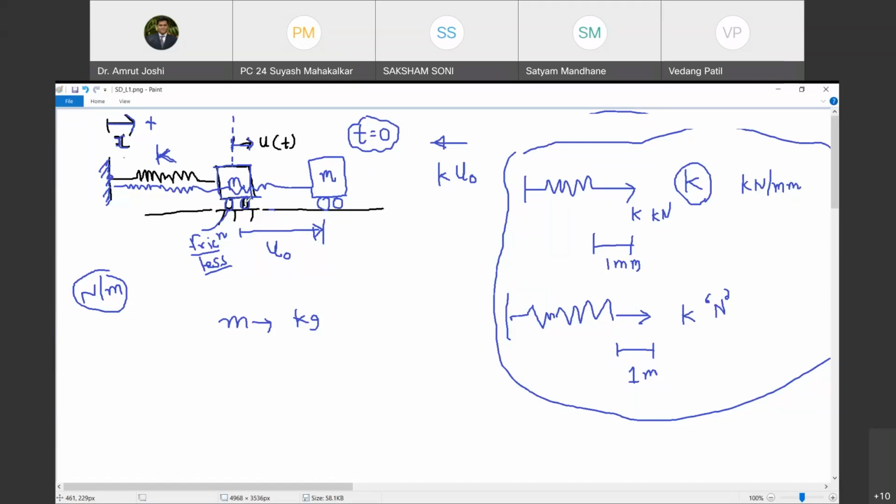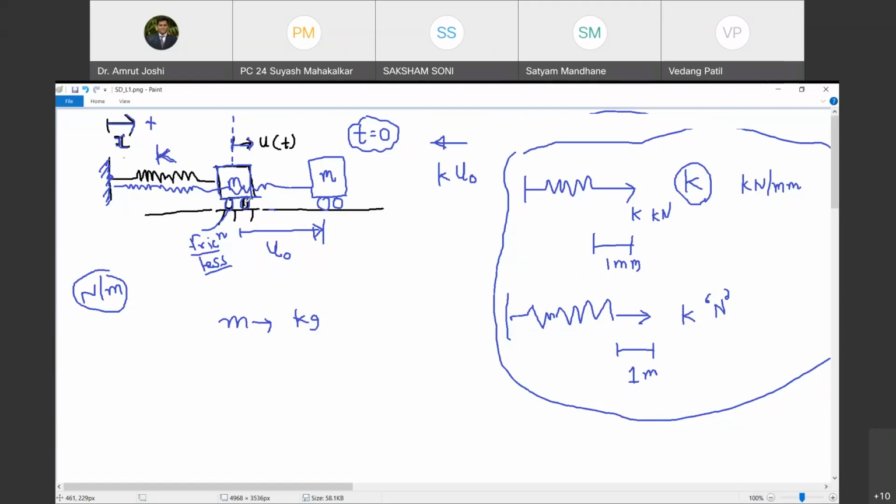It's going to move towards the left side. Yes, and then move further beyond the initial position. Excellent. So it will move further beyond the mean position towards the left, and the spring will compress for some distance and then come back to its initial position. And this to and fro phenomenon will continue for some time, let's say X.